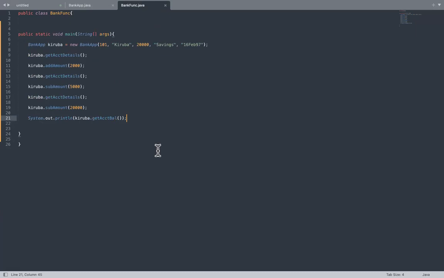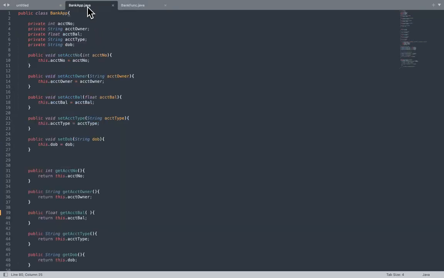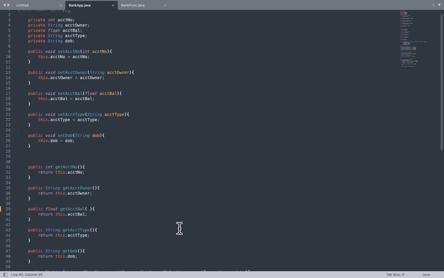Right now, can you go to your bank app, Kirba? Whenever you're creating your model structure, make sure you have your relevant attributes, your relevant getters and setters for those methods, and the methods or functions which you're actually planning to create from that particular model. And then you need to have your constructor. Right now, this particular class has a constructor. Can you scroll a little down?